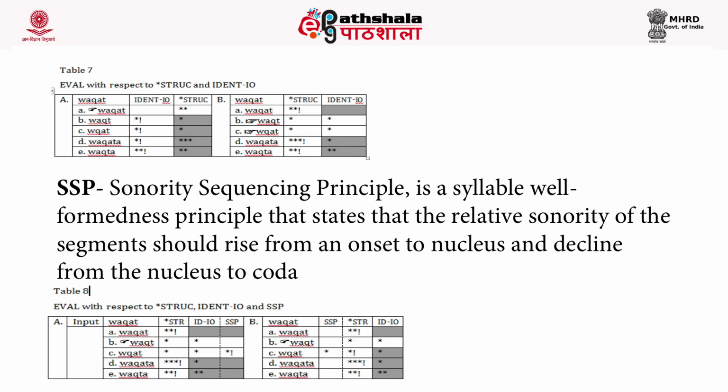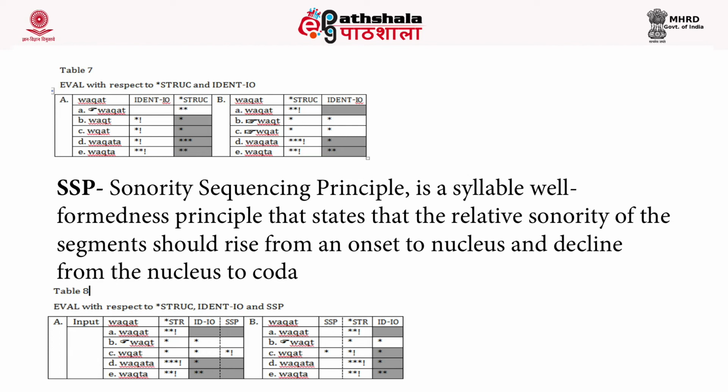In B, when no structure is placed as a higher ranked constraint than ident-io, we are getting two candidates as optimal candidates, Vakt, and the metathesis going on there. So basically we have two optimal candidates, and that can't be possible where you have two optimal candidates, so you need another third candidate there. So basically B is Vakt and C is, I can't even pronounce that word.